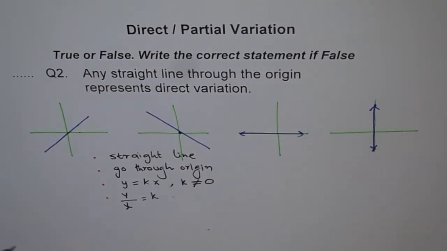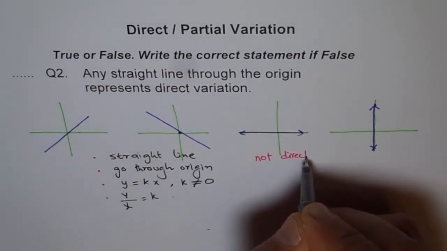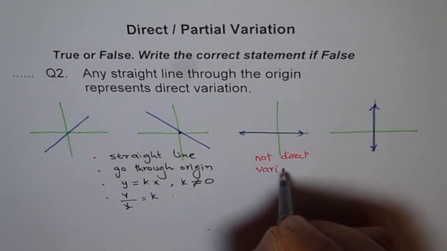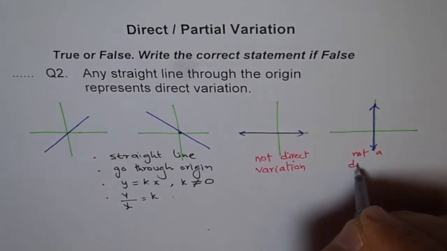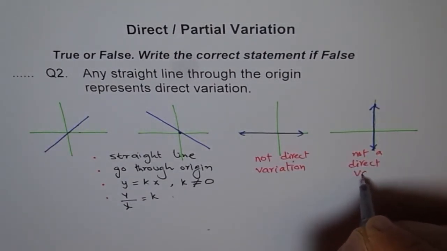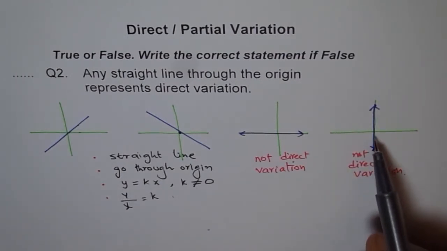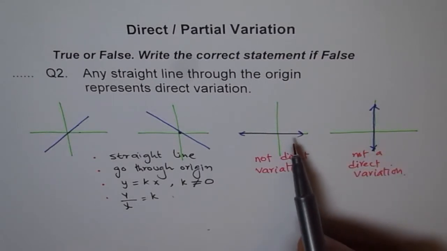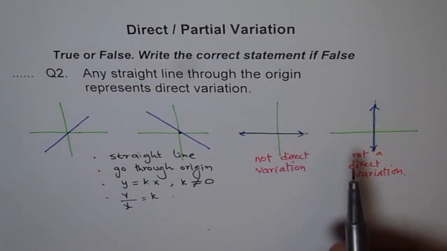So we can say this is not direct variation, and this is also not a direct variation. Since here there is no variation in x, and here there is no variation in y. Do you see that? Therefore these two being straight lines and going through origin, they do not represent direct variation,